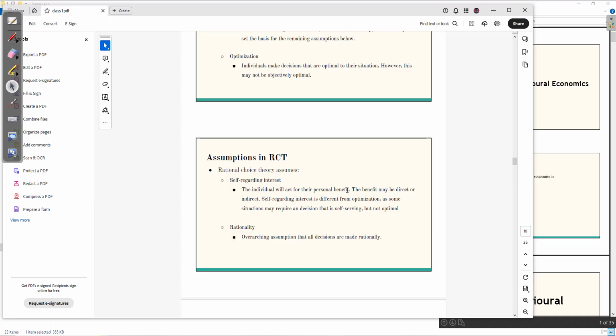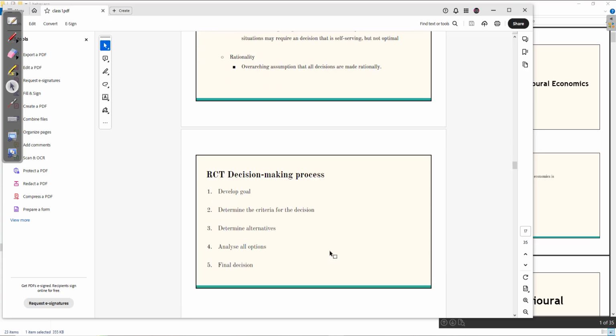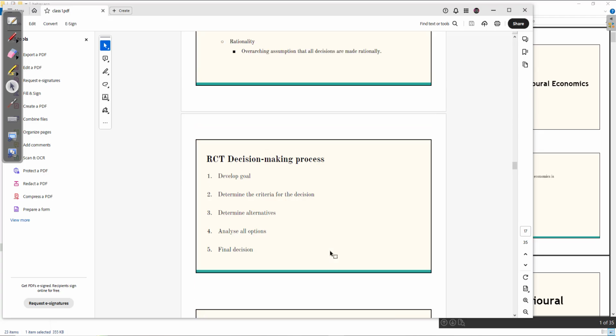Then self-regarding interest. The individual will act for their personal benefit. The benefit may be direct or indirect. Self-regarding interest is different from optimization, as some situations may require a decision that is self-serving but not optimal. Again, rationality is the overarching assumption that all decisions are made rationally, that is, without any emotional impact on the